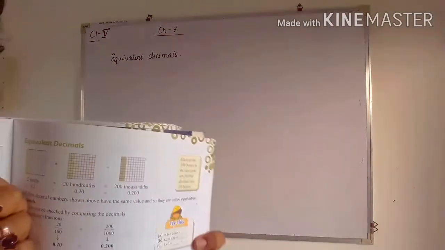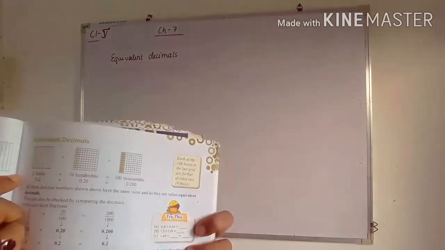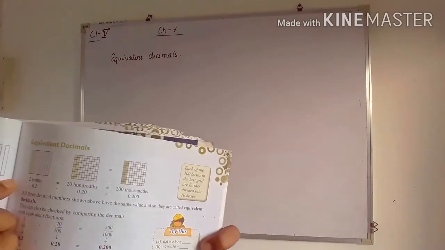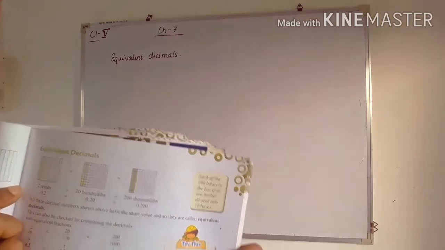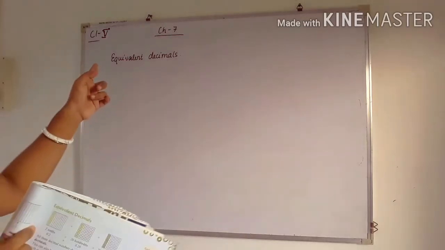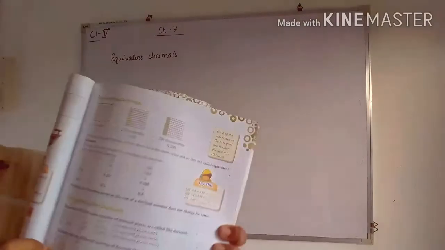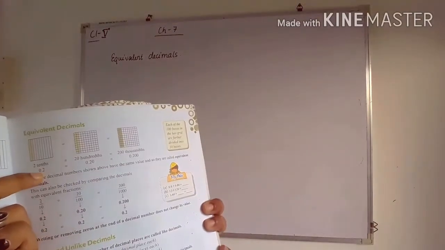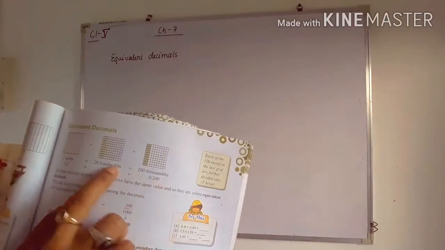In each case you can see we have colored the same parts. That means they all are the same, they are all equivalent. Like we have studied equivalent fractions, here also the same thing is happening. So these are called equivalent decimals. So the next topic is that only. So what are equivalent decimals? You can see here easily, after the decimal point, in every case we are having what?